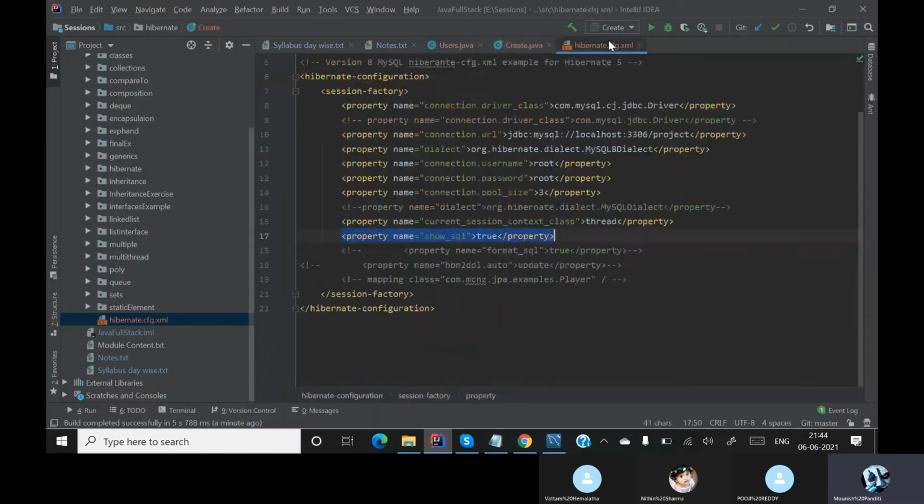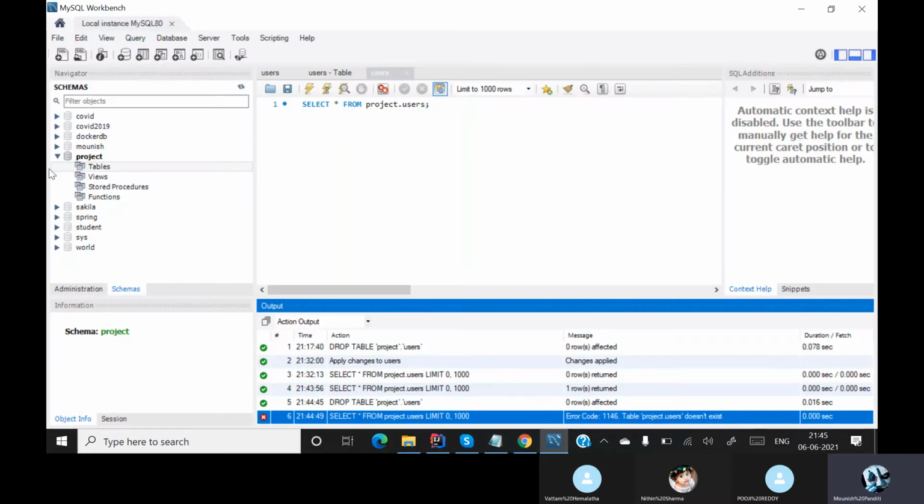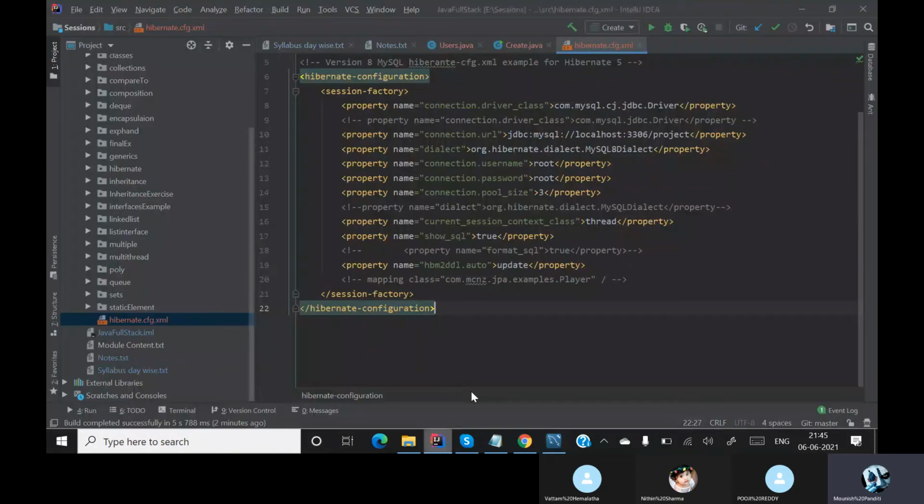Let's go to our XML file, and you have a statement over here. This statement basically will create as well as update. If you put only create, every time you run a program, it will create a new table. But if you put it as update, the first time it will create, and the next time it will update the data. Now I have uncommented this. I have not even created the table over here. There is no table over here. Now I'll simply run the create method.